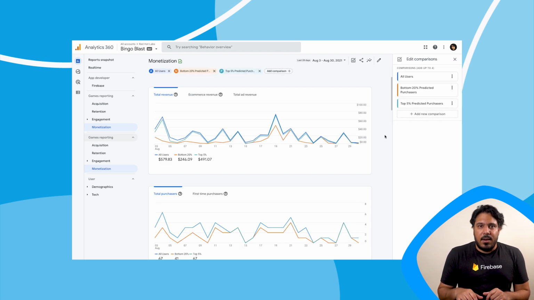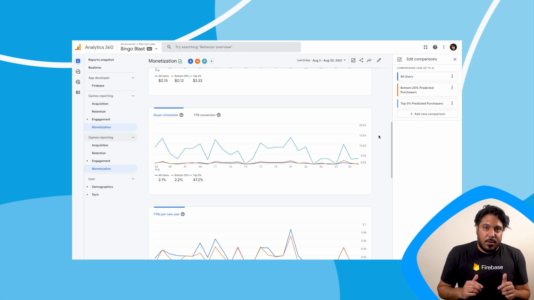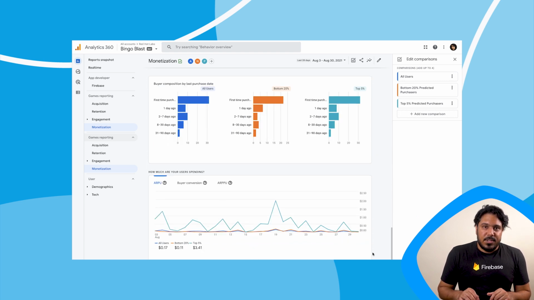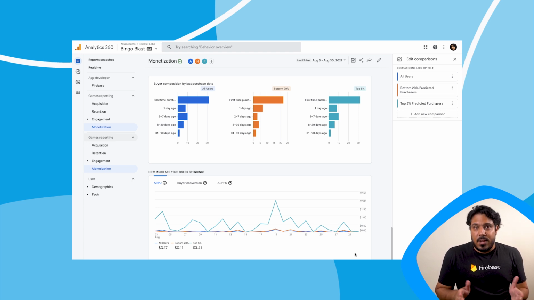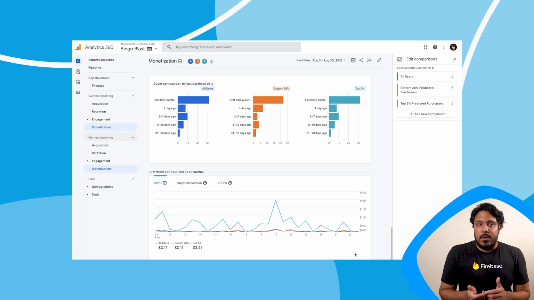Then if I scroll back down to the ARPU report I was looking at earlier, I can see that the bottom 20% are almost matching the global ARPU, which is probably what I expected, since the vast majority of my users are less likely to make a purchase and probably live in this group. For the top 5%, the ARPU is significantly higher than the global average, which also matches what I suspected, since this group is very likely to make a purchase, and purchases are much more valuable than the ad revenue generated